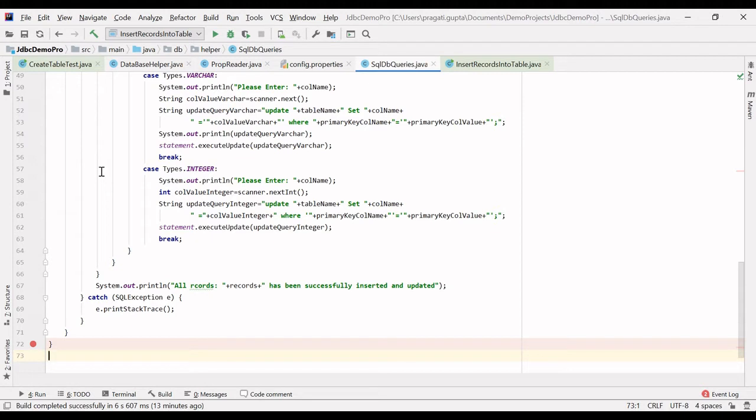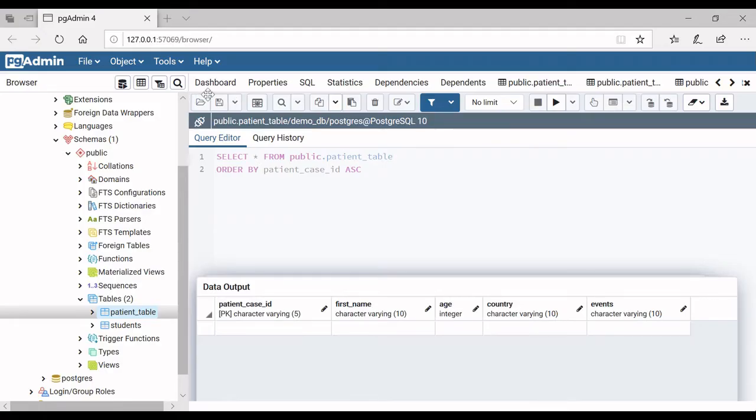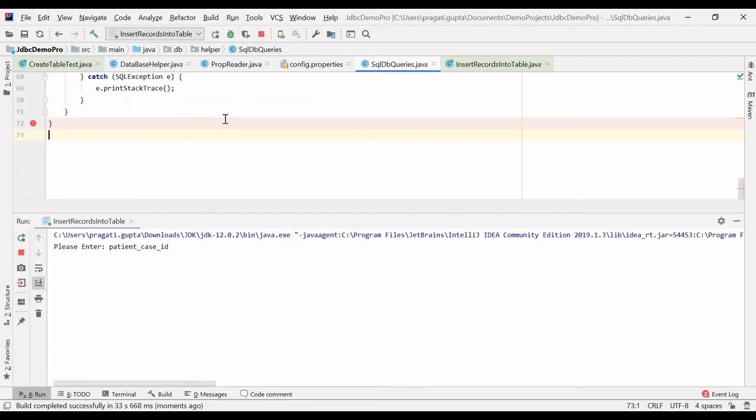This is the small mistake that I did, because of which the record is not updating in the database. First I will show you by running this program. So first let's run this program. Enter the patient case ID, PT01.